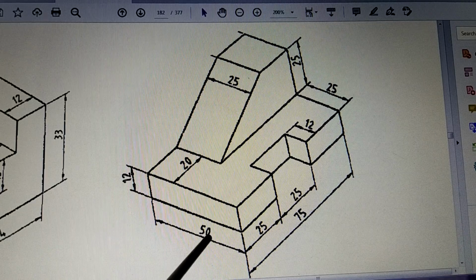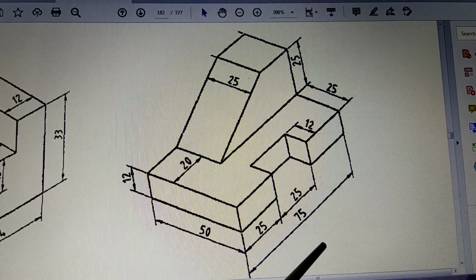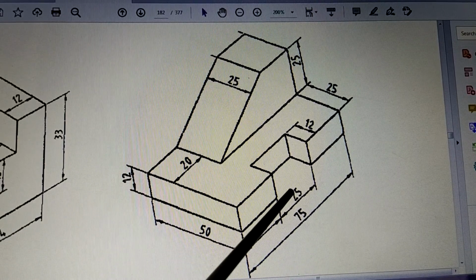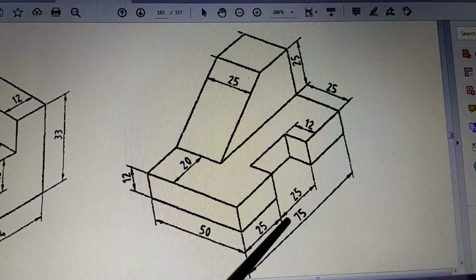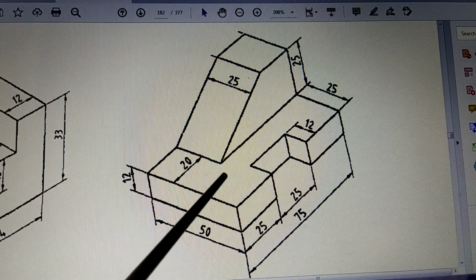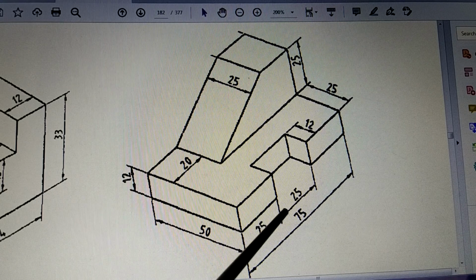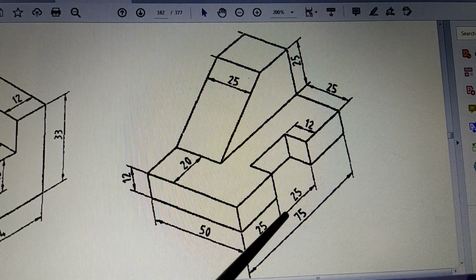And remember, in this case all the three views are not given and you have to draw them yourself based on your own imagination, whatever study you have done so far, whatever understanding you have done about this topic, plus whatever has been discussed just now. So making use of all this, you are going to prepare the practice sheet for these two figures.